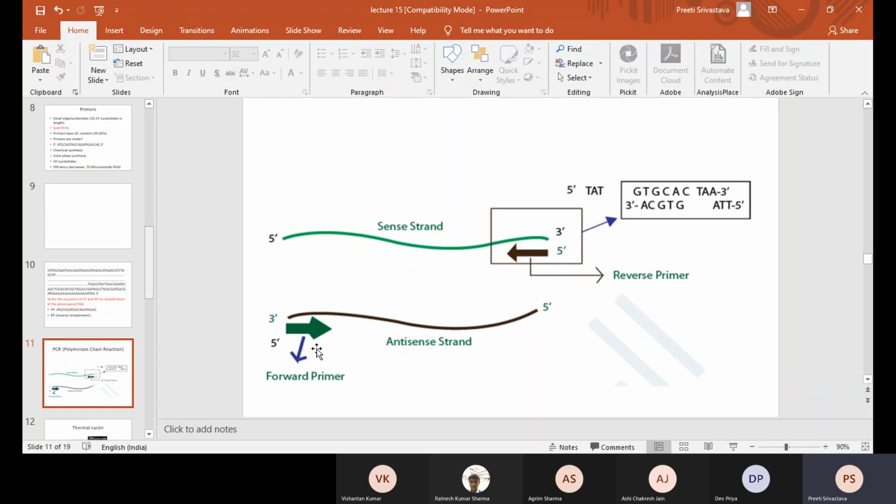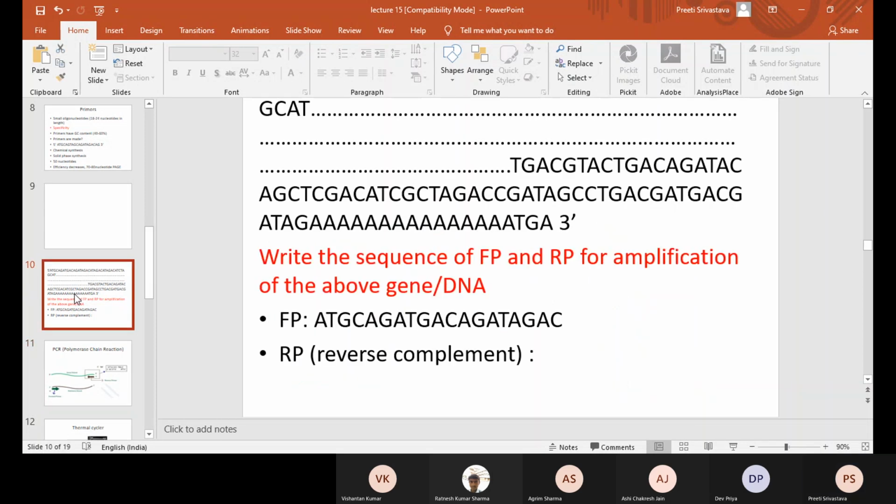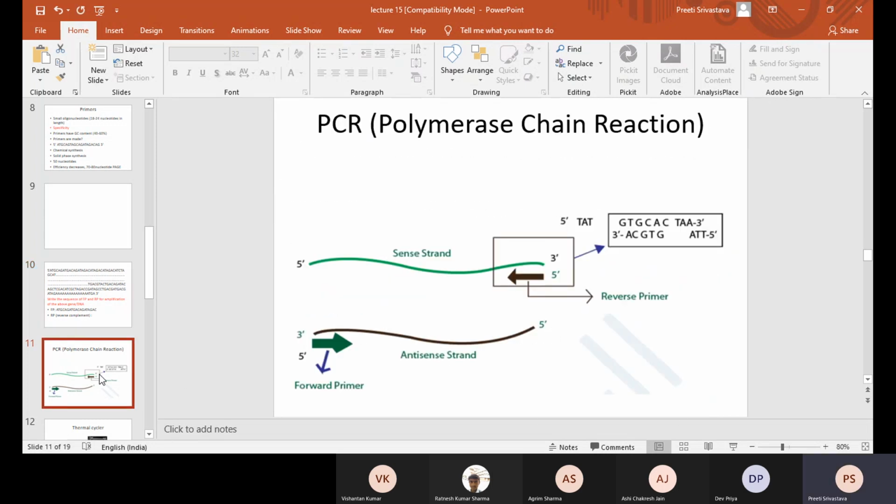Yes, ma'am. But one question is that if you just reverse the page. No, just the same page. Acha. Both the strands are just 5 prime to 3 prime. Like DNA polymerase goes from 3 prime end to 5 prime end. No, DNA polymerase always extends from 5 prime to 3 prime.